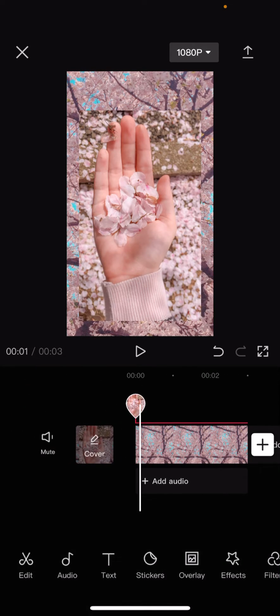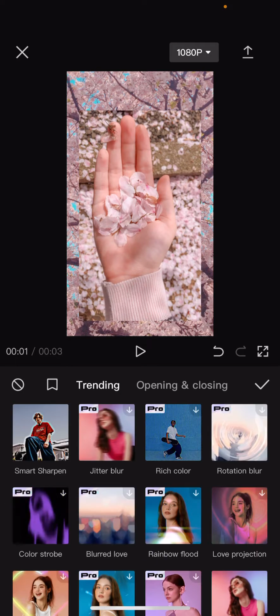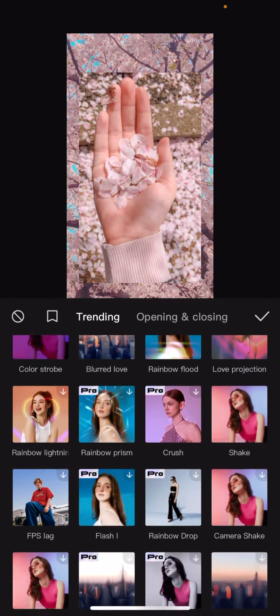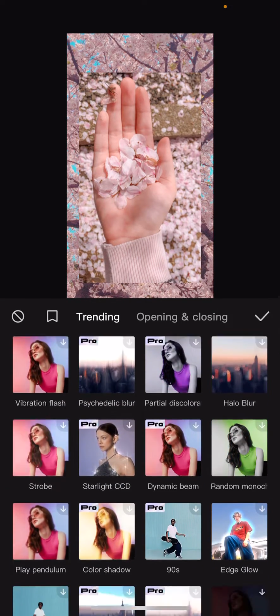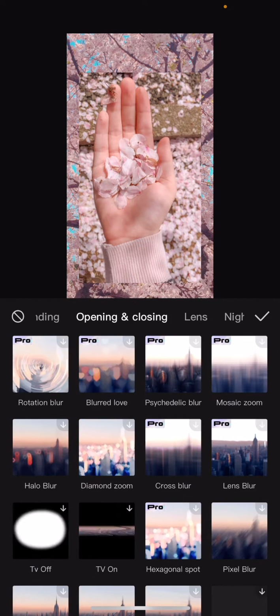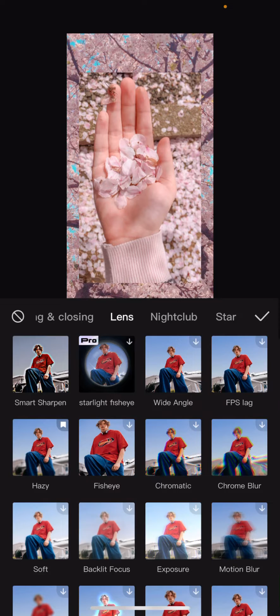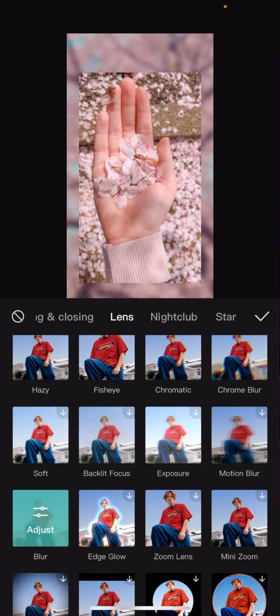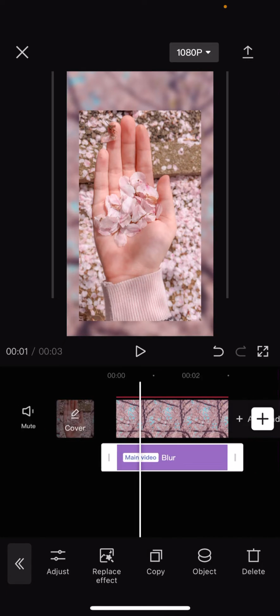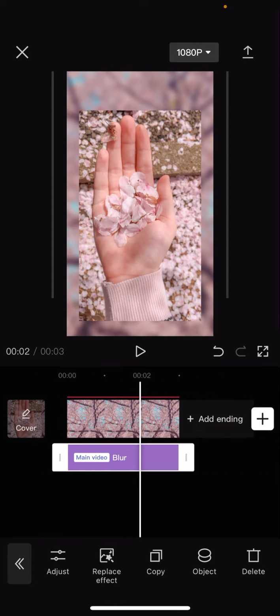And I only want to add in effects to the overlay, so I'm going to select effects, video effects, and choose the effect that you want. You can also add it just to the background as well if you'd like to. So blur, I'm just going to press the check mark button,